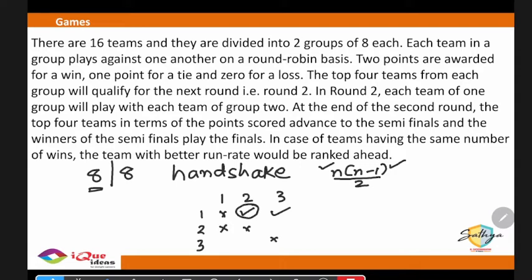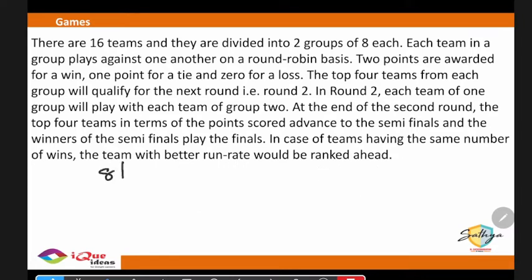So for a total of n people, I can have n into n minus 1 handshakes. Now in the two groups of 8 each, every person in the group plays with every other person in the group. So in the first group, n into n minus 1 divided by 2, and in the second group also n into n minus 1 divided by 2 matches. So if I add these two, round 1 में ही total 56 matches हो गए,